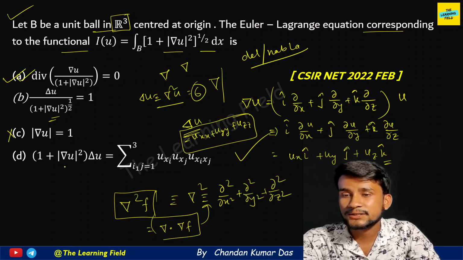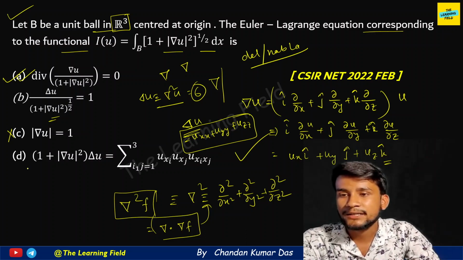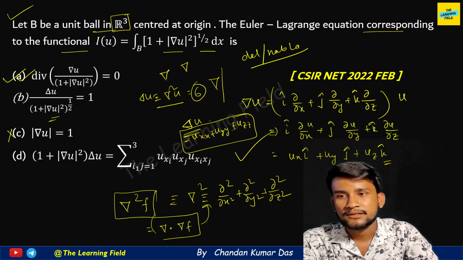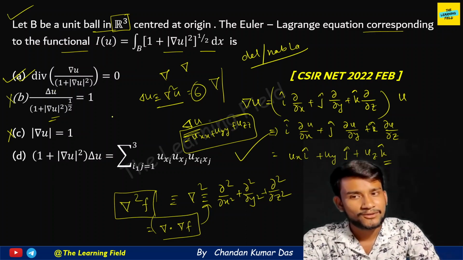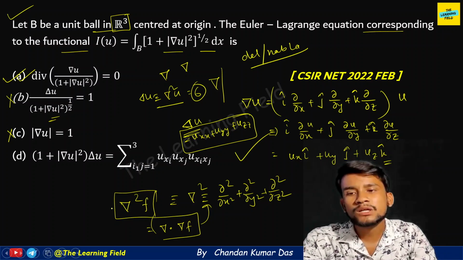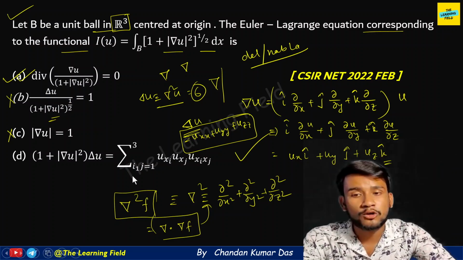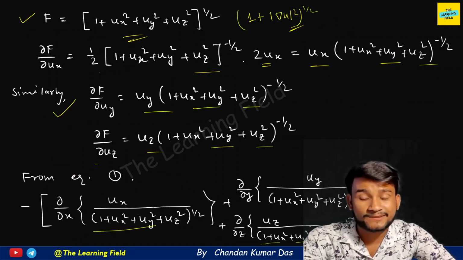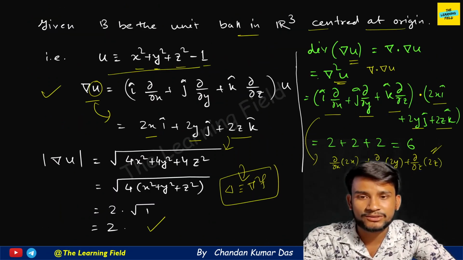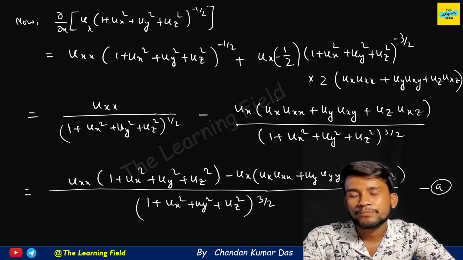And in the question paper, the answer is also given as options A and D. So this is not correct if we take this del. You can also comment if I made any mistake in the question here. I will just explain the question, try to explain the question. Okay, now